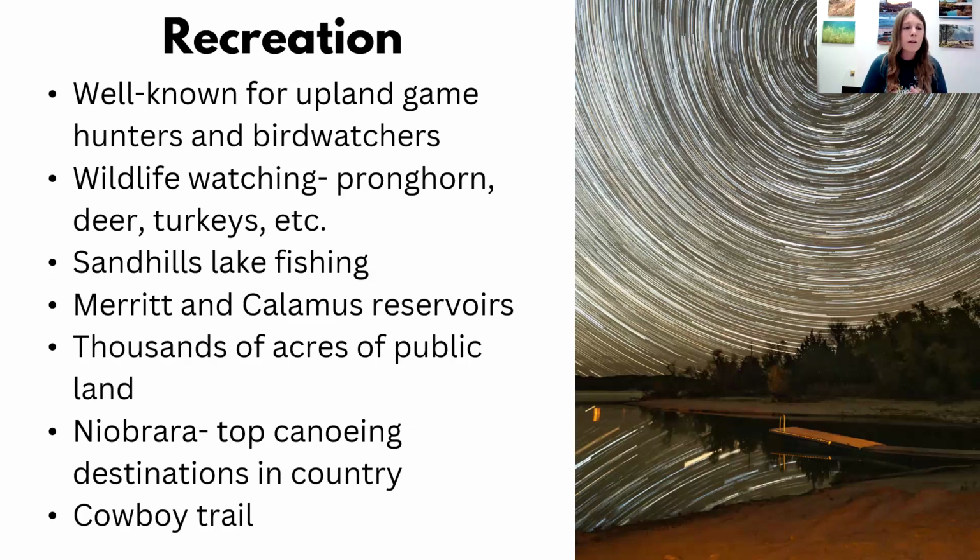A lot of people also want to go wildlife watching. They want to find pronghorn, deer, turkeys. This area, the Sandhills, is one of the top places in the nation to find sharp-tailed grouse and prairie chicken hunting in the fall, but also ecotourism in the spring. It's also a premier spot to view prairie grouse courtship as well.